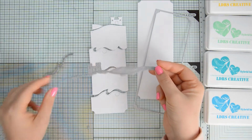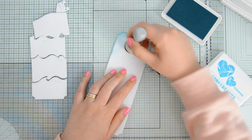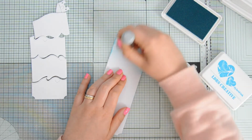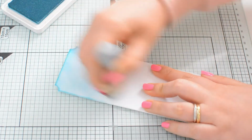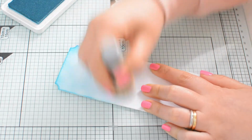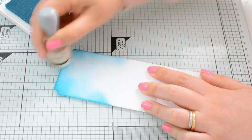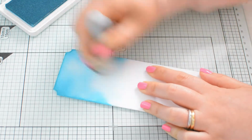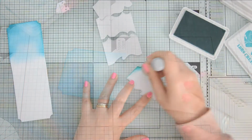beach as well as my ocean waves, and then I started doing some ink blending to add color to all these panels. I started from the larger one, which will be the base for my scene as well as the panel where my sky will be, and there I am blending my LDRS Creative ink in the color Marina Madness. I am using a domed ink blending tool and I am starting from the edges and then moving my way towards the inner part of the panel to create a nice gradient effect and add some dimension to the panel